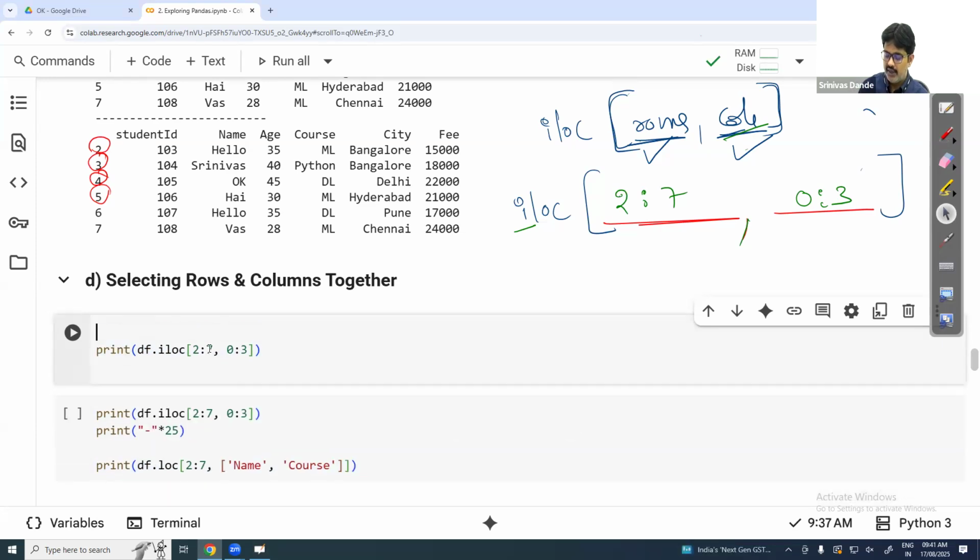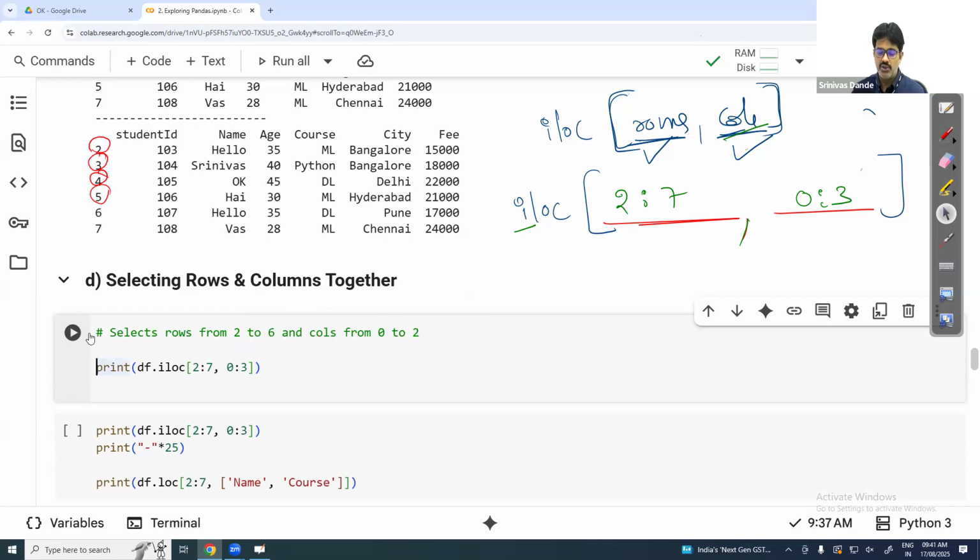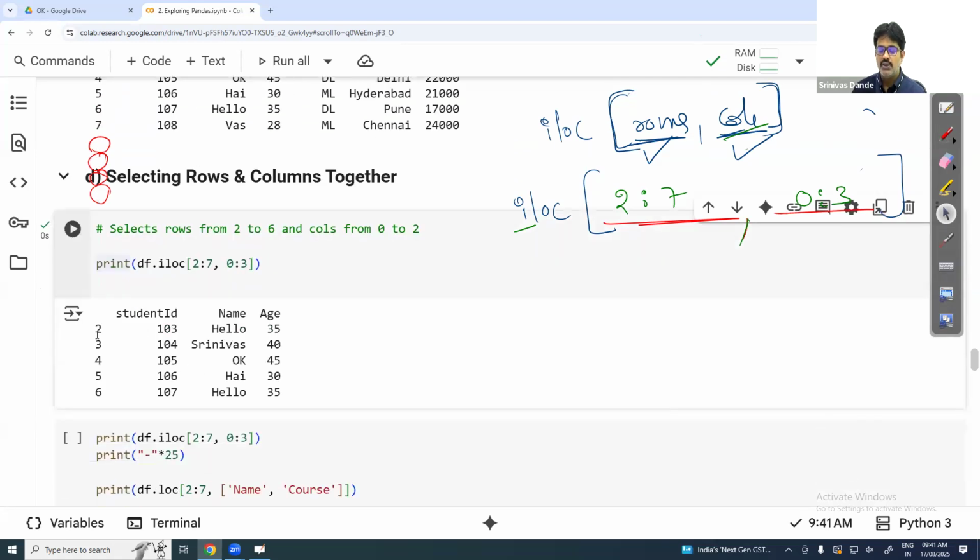So tell me this query. What is the heading I'd write for this? Selects rows from 2 to 6 and columns from 0 to 2. Am I right? You can do a print also. See, 2 to 6. Columns 0, 1, and 2 only. If you are not using a print,